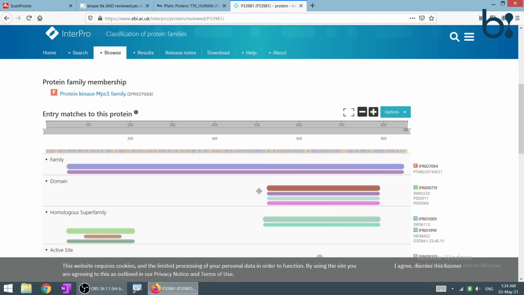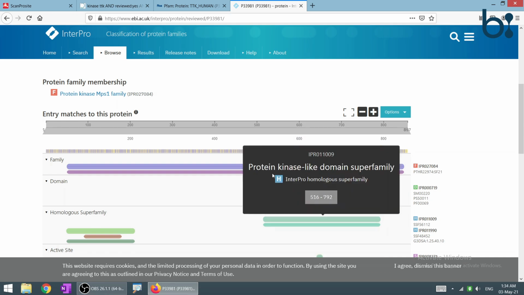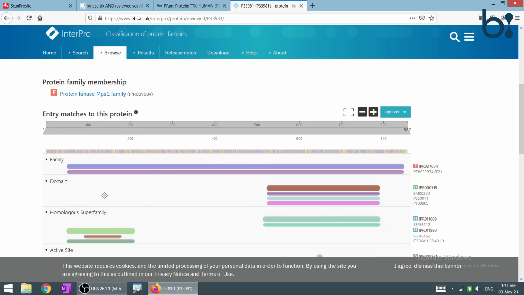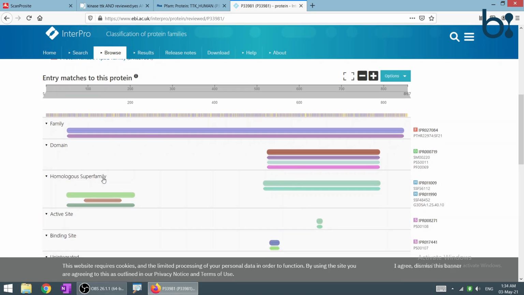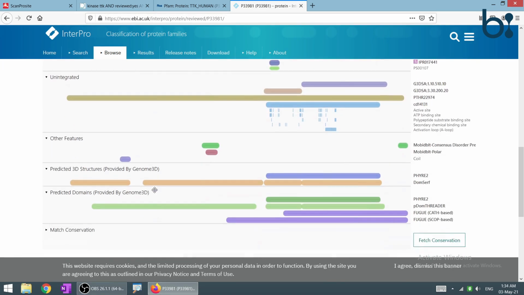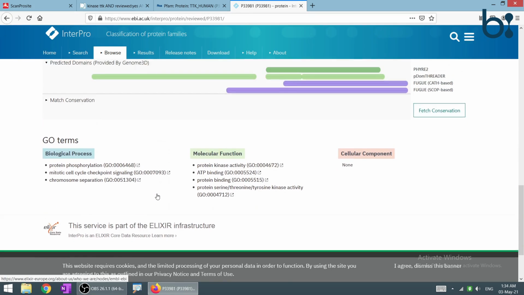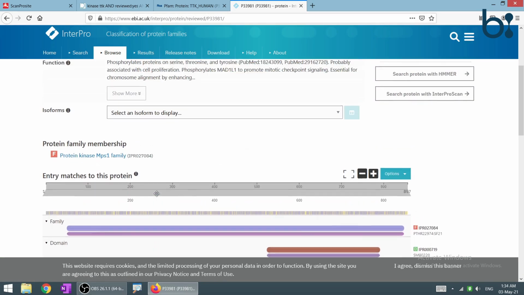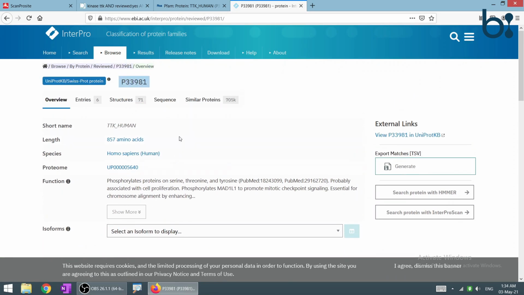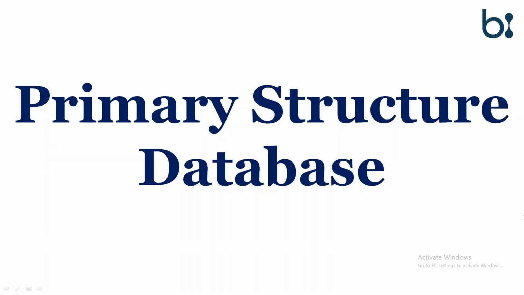So these 4 databases are showing the same information about the domain. Similarly, we have the homologous superfamilies and other information. So this is how the information in the InterPro database is given. In the next lecture, we will deep dive into the primary structure database.